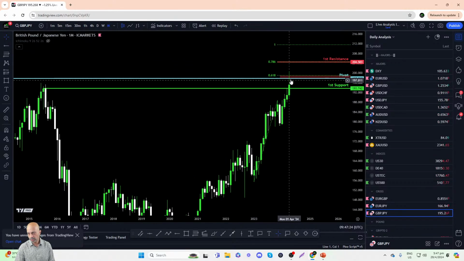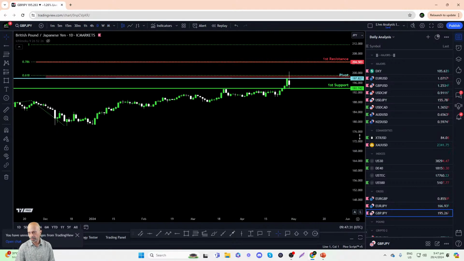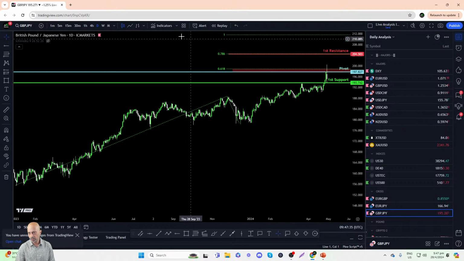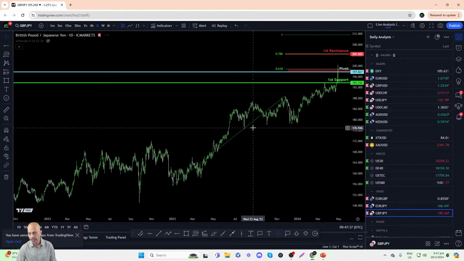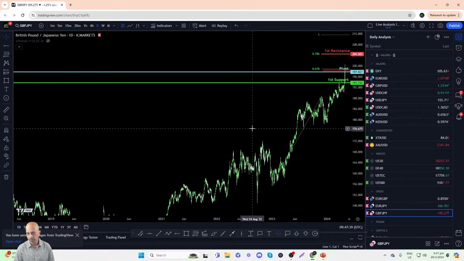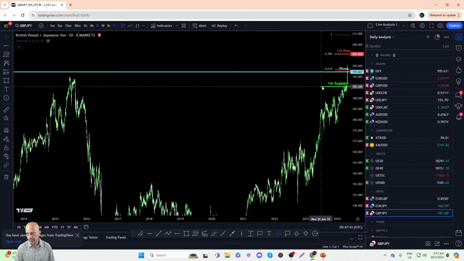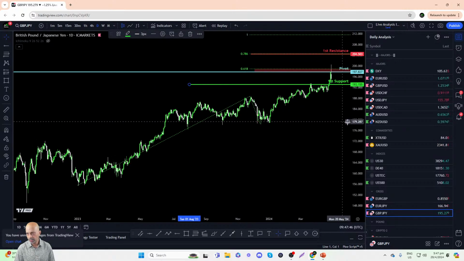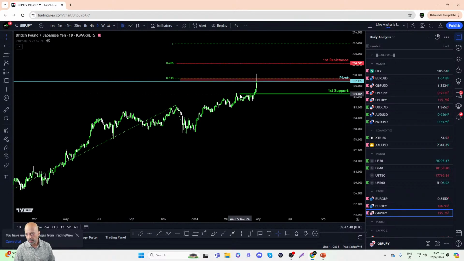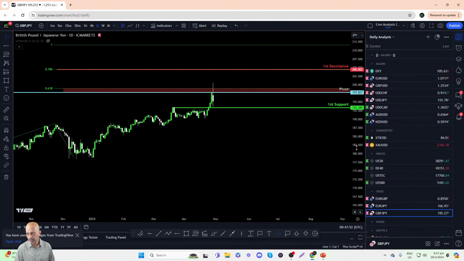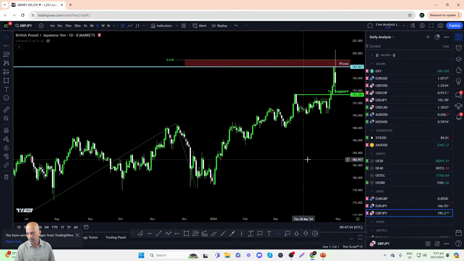All right, okay, so now that we've seen how we've identified the pivot and first resistance, let's drop back down to the daily time frame and see if we can fine-tune the analysis if necessary. Right, okay, so no changes, of course, to the pivot and first resistance. I think first support is pretty fine as well, right? I think we probably don't need to go back this far for the first support. Actually, when we look at it on the daily time frame, there's a pretty decent overlap level here. Let's just zoom in a little bit so we can see this level much more clearly, right?